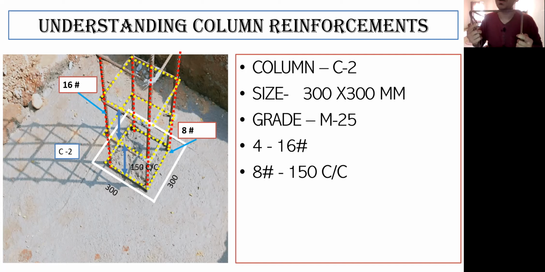But these days a 6 mm bar is not available. Whatever is available is starting from 8 mm, and for the lateral ties we are going to use 8 mm. So 10 into 8 is 80 mm, and 80 is greater than 75. So we are going to provide this as 80 mm and even this as 80 mm. This is how we are going to provide it. We'll try to see it again.